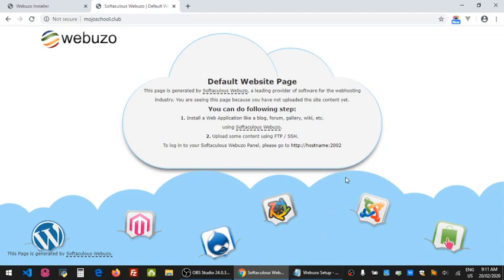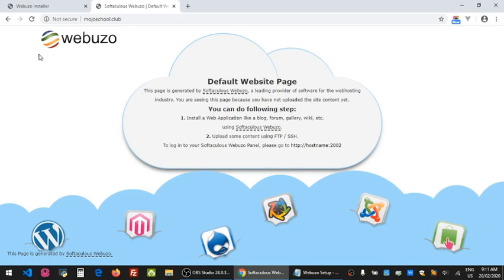So in order for you to now start administration of that site, you need to go into the admin panel. And for Webuzo, there are two admin panels. There is what is called the end user panel, and then there is what is called the admin panel. So even inside Webuzo, there is the end user panel and there is the admin panel. So the admin panel gives you more functions, the end user panel gives you some functions, and I will show